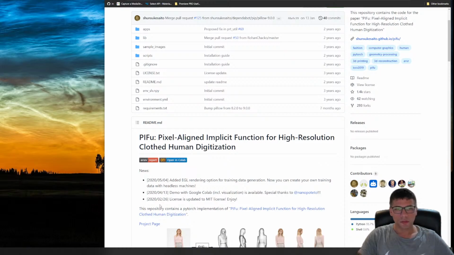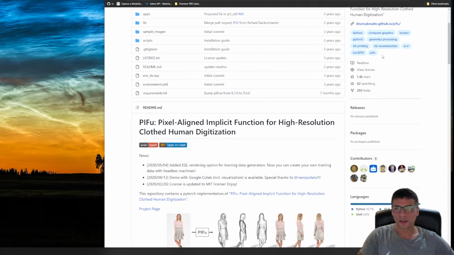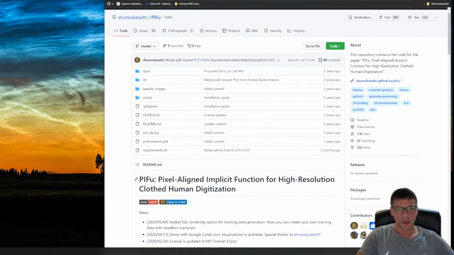PIFuHD is from the same author, a paper that followed this one. And then you have, of course, Google's and others' papers. The innovation of PIFu is that they introduce pixel-aligned implicit functions for representing 3D